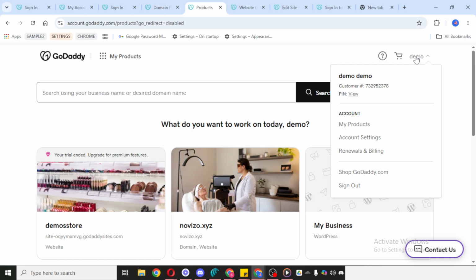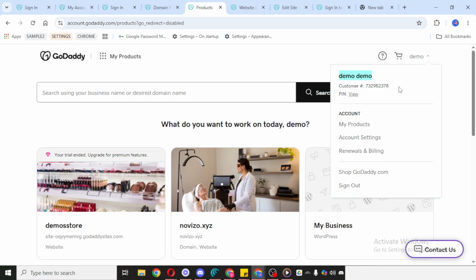Once you click into your profile, this is where you'll be able to see both your customer number and your username. These details are usually displayed clearly within the account information area. Take a moment to double-check that you're looking at the correct labels so you don't confuse one with the other. Your customer number is typically a unique numerical identifier for your account, while your username is the name associated with your login. If you need to use this information somewhere else, you can simply copy it from this page.